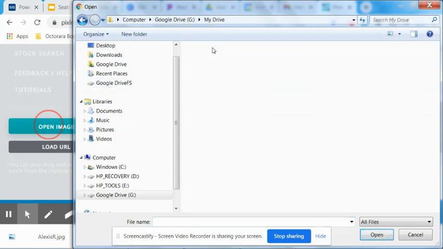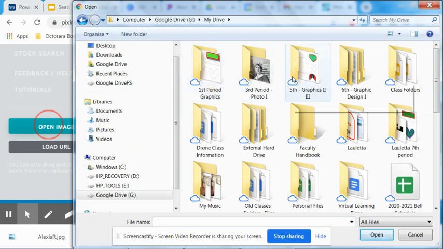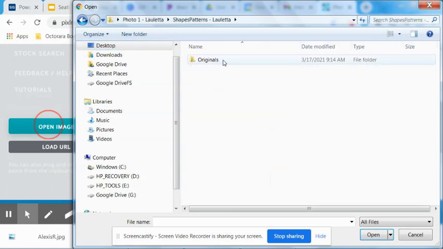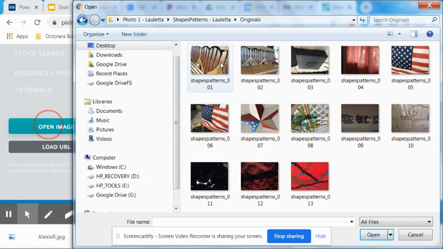Yours looks a little different than mine because you're on Chromebooks and I'm on a laptop, so it's a little bit different, but you did it last time, so I think you can find it. Desktop. Photo one, Shapes Patterns. All right, here are my originals. Okay, so we're going to open up the picture that you actually want to use for this project,